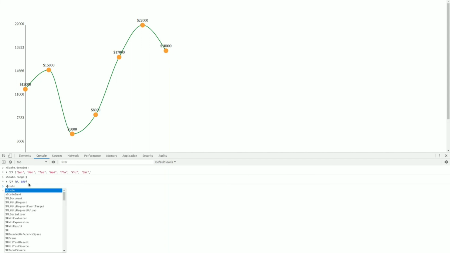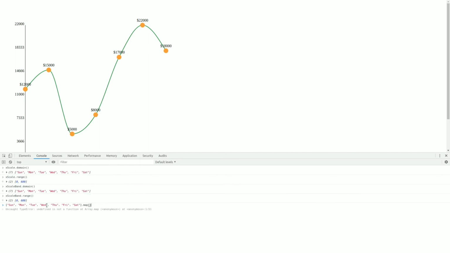Now for the xScaleBand, same thing for domain, and range is this one. Now we will see the difference, I am just copying this one. Dot map, I want to display d plus slash t plus xScale of d.